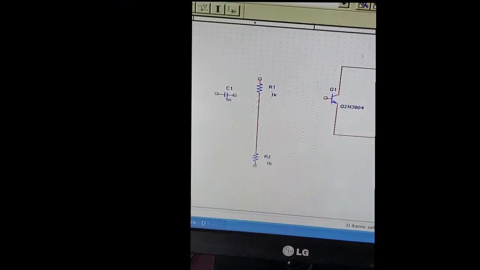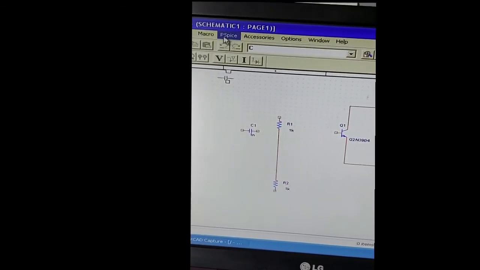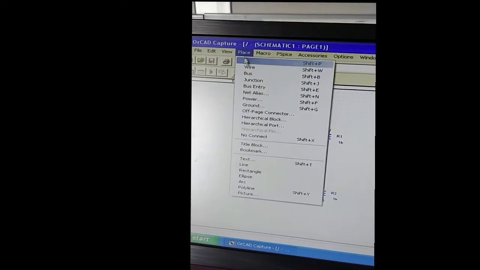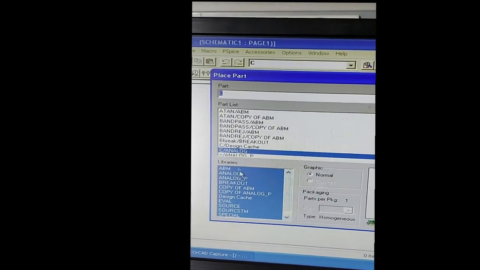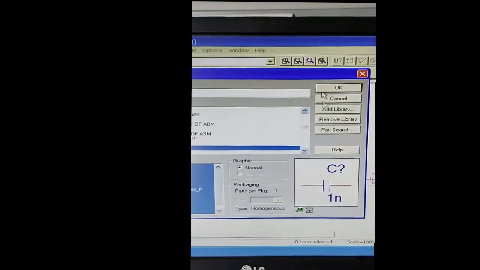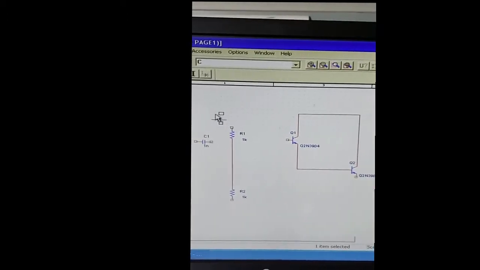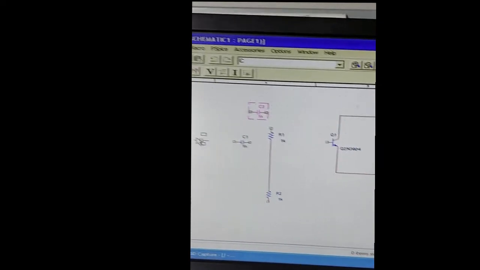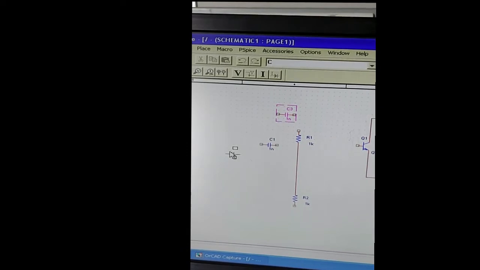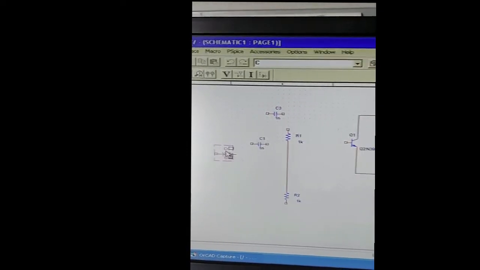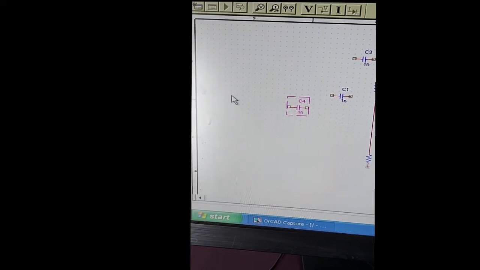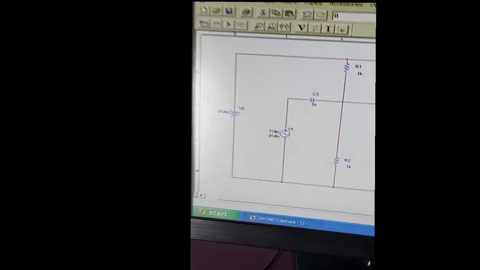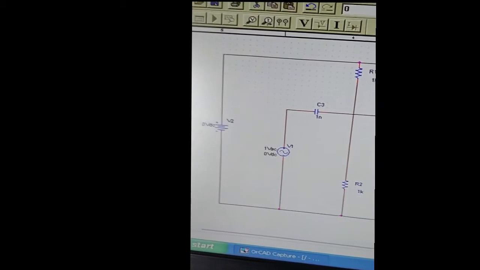I have next placed the capacitors. That is also selected in a similar manner. Select place, part, since C denotes your capacitor. Select C analog and click OK. You will get the capacitance that you need to place. You can place as many as you want depending upon your requirement. Later, just press the escape option. You can even right click and end the mode. The rest of the connections are made as shown.